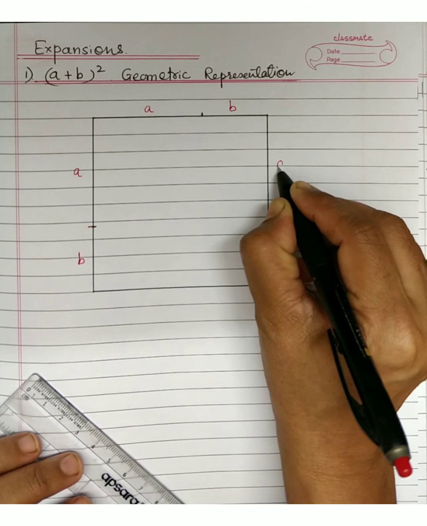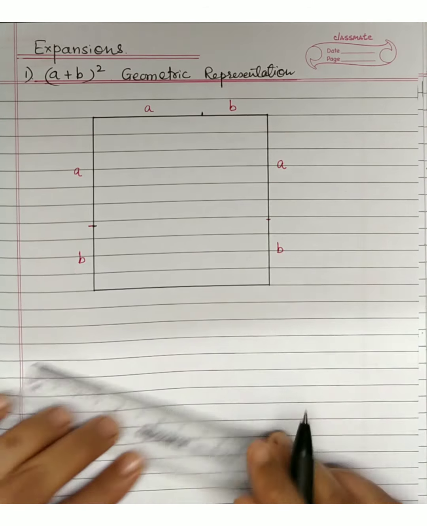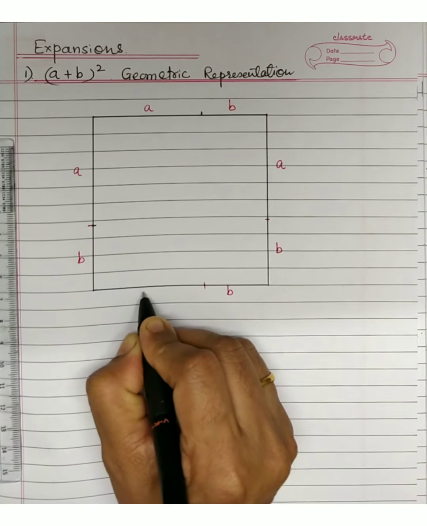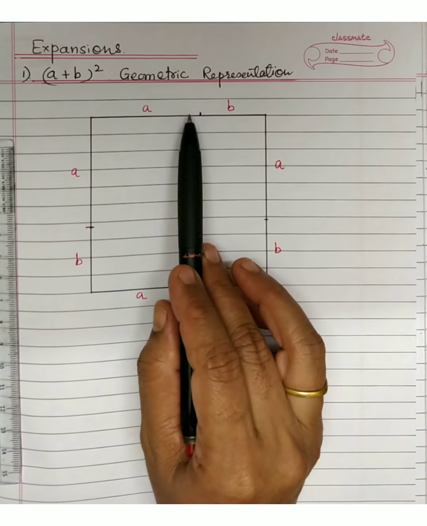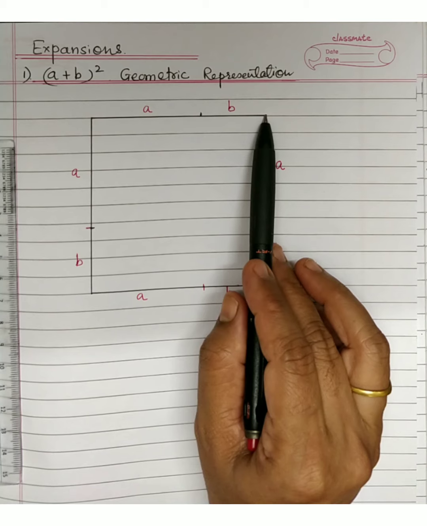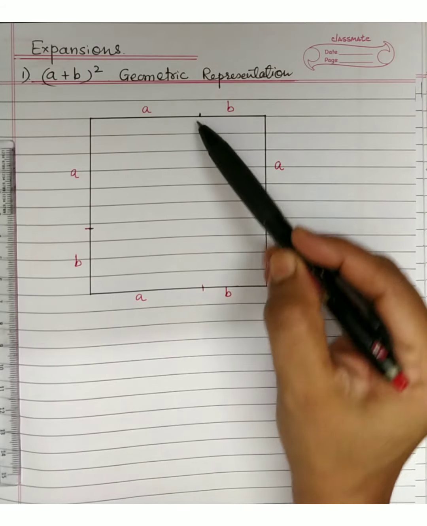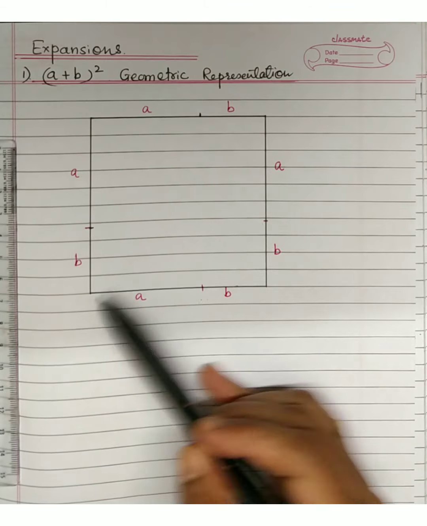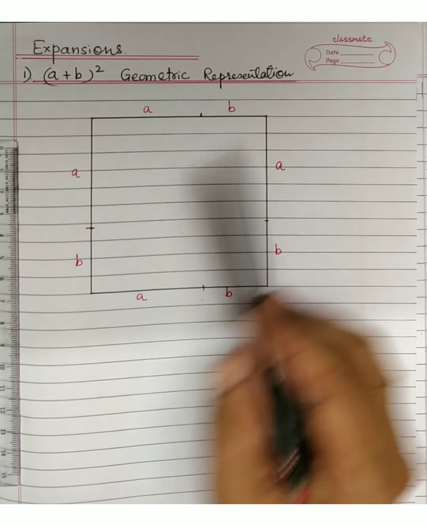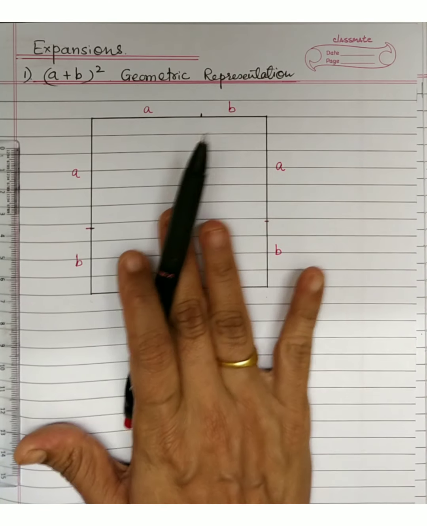This length is a, b, and also from here you can have this length b, and this is a. I have drawn a square. Some length I have taken as a, the remaining side b. So the total length of the side of this square is a plus b. Equally this part will also be a, this will be b, this length is b, this length is a. Clear? So this is a square whose side is of length a plus b.